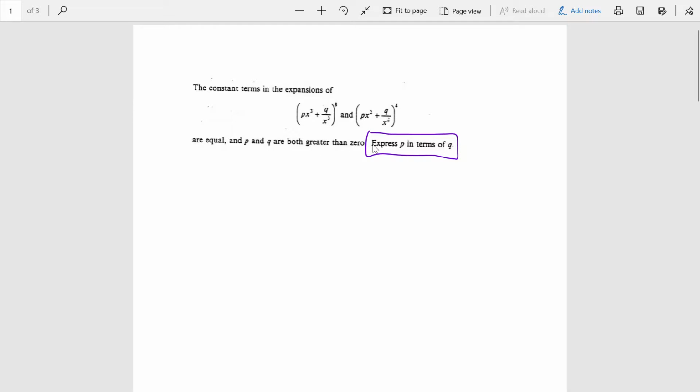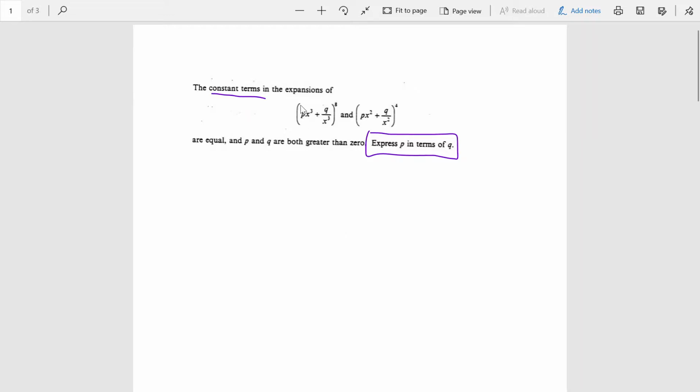Alright, so things we can see immediately. We are looking at the constant terms. A short, quick, intuitive, snappy way to get to this constant term would be that, for example, in this power of 8, there are 9 terms, and given that the first term will have x to the power of 3 times 8, 24, and the last term is x to the power of negative 24, I'm guessing the x to the power of 0 will be the fifth term in the middle,